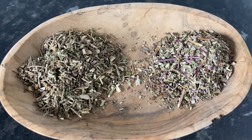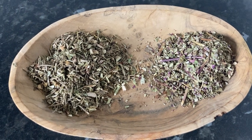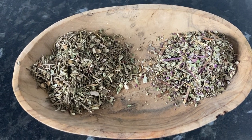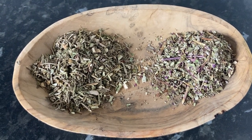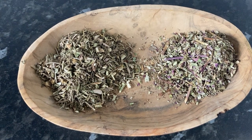Now, the lymphatic system helps eliminate waste and toxins from the body, making it a key player in your detox pathways, supporting its function with herbs like vervain and sage, which you can source at